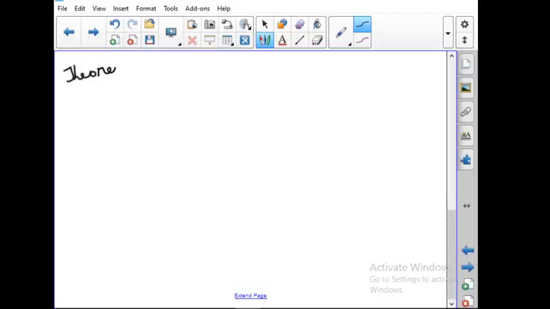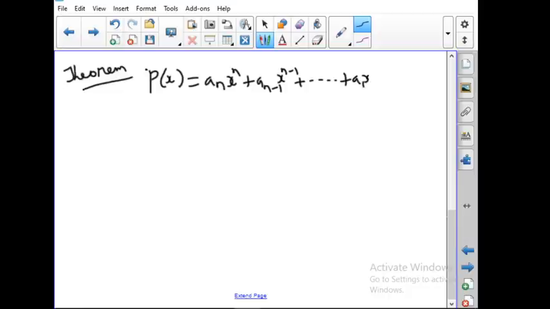Theorem 3.6, the proof we will see later. For now, we'll just see the polynomial. The polynomial equation is p of x is equal to an x power n plus an minus 1 x power n minus 1 plus and so on up to a1 x plus a naught is equal to 0. So this is a reciprocal equation